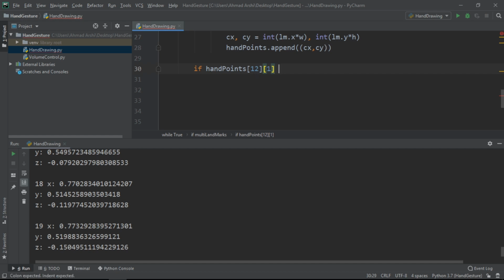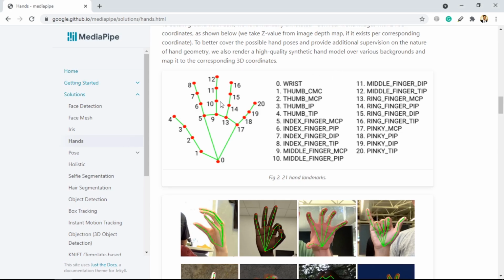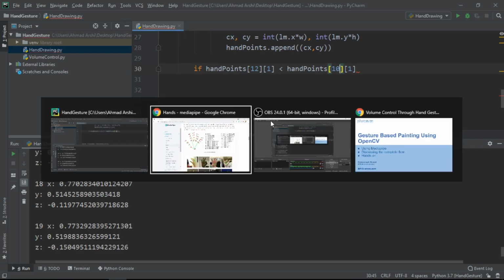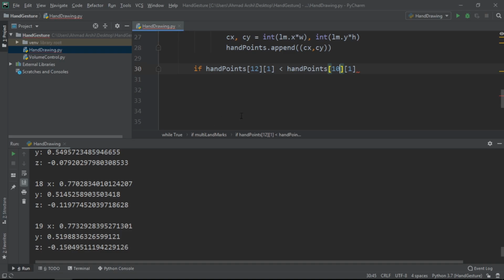So when we are referring to y, we are getting the y coordinate. We have to check whether this is less than the y coordinate of 10, this one. It will detect that if this 12th point is above this 10th point, then this finger is open, and otherwise, if this 12th point is below this 10th, we will consider this finger closed.